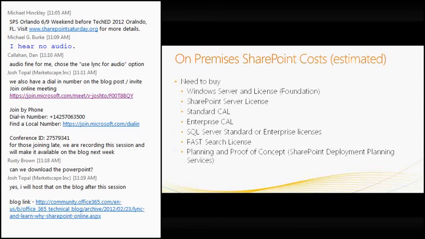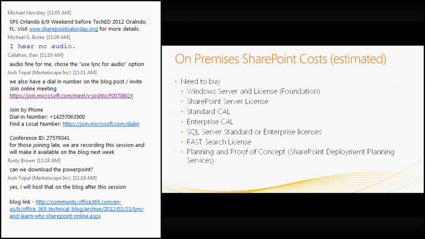So let's go back to on-premises again. What do you need to buy with on-premises? I didn't dare put some of the prices up here because it can get expensive, especially at the enterprise levels. Again, it's all about the return on investment. What you'll need to buy, regardless, is Windows servers and licenses for that, with the CALs and the outgoing licenses. You do have Foundation, which you can light up for free. Once you get into SharePoint Server, you're going to need boxes for that, depending on the architecture. You're going to need your standard CALs, plus your enterprise CALs for the enterprise features.